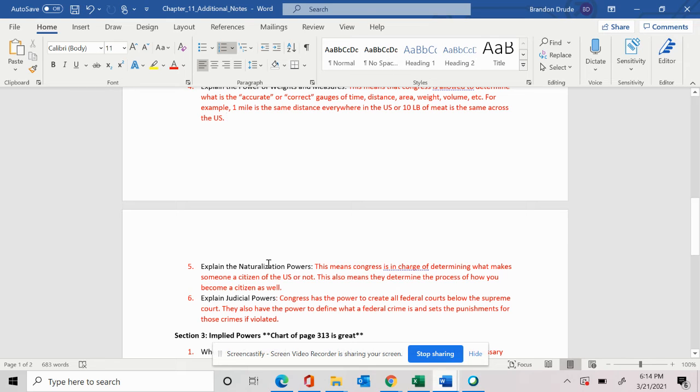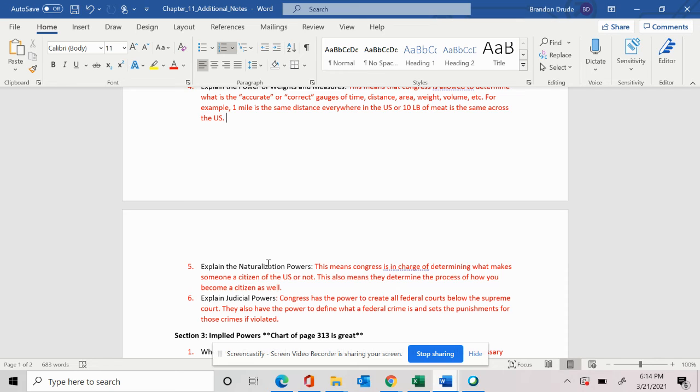And lastly, Congress has judicial power. Now, this power means that Congress has the power to create all federal courts. That means that they make everything under the Supreme Court. Say, there are the appellate courts, and there are other types of courts like that. Congress also has the ability